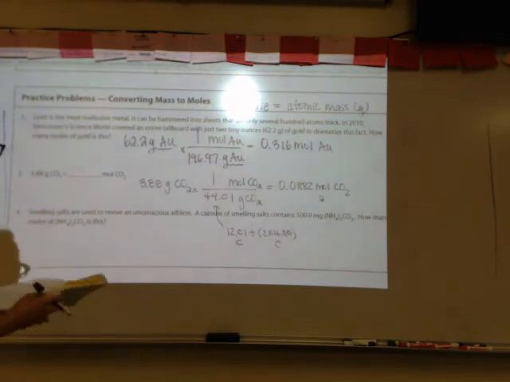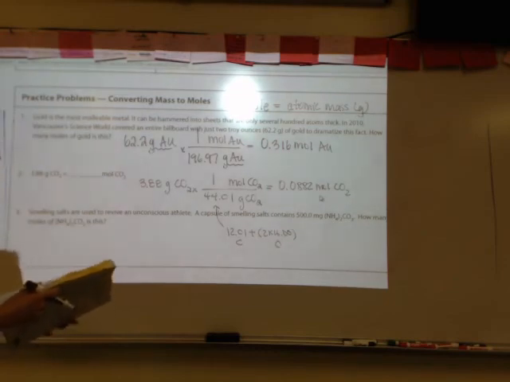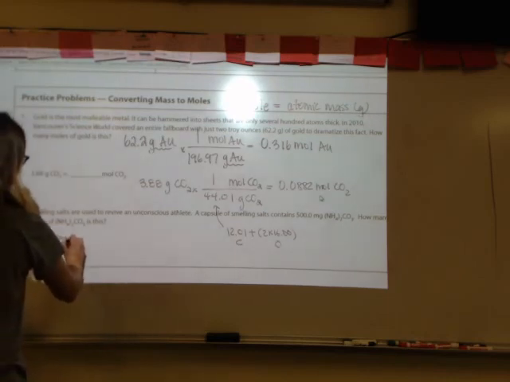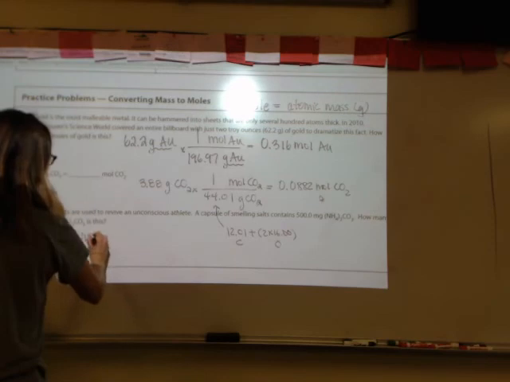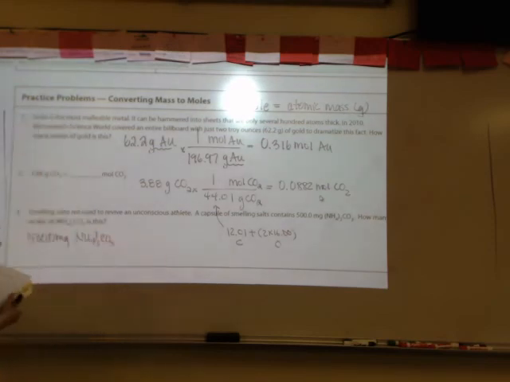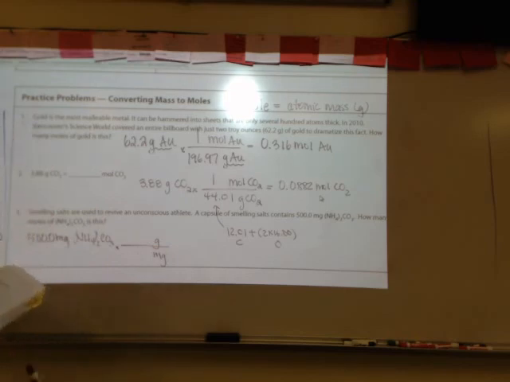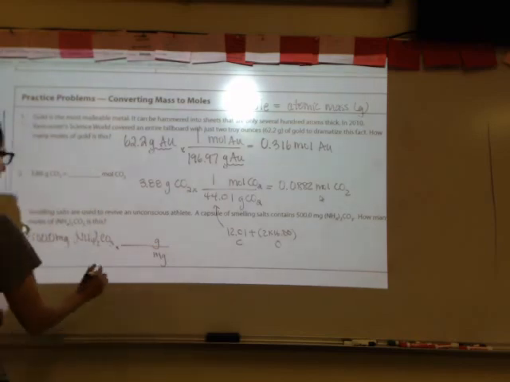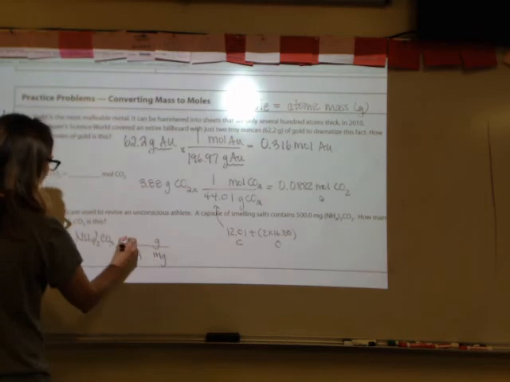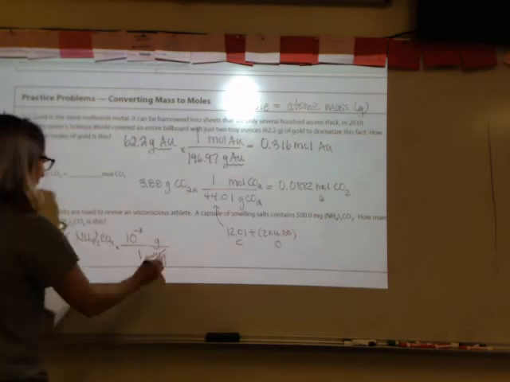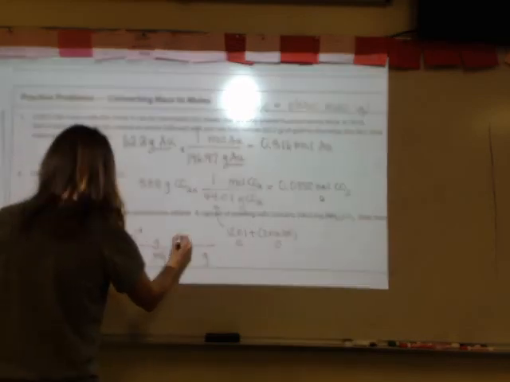Number 3, smelling salts are used to revive an unconscious athlete. A capsule of smelling salts contains 500 milligrams of ammonium carbonate. How many moles of ammonium carbonate is this? We need to convert milligrams to grams so that we can actually convert grams to moles at another step. The number 1 goes next to the prefix milli. 10 to the negative third goes next to the 1-letter base unit, grams. And then we can convert grams to moles